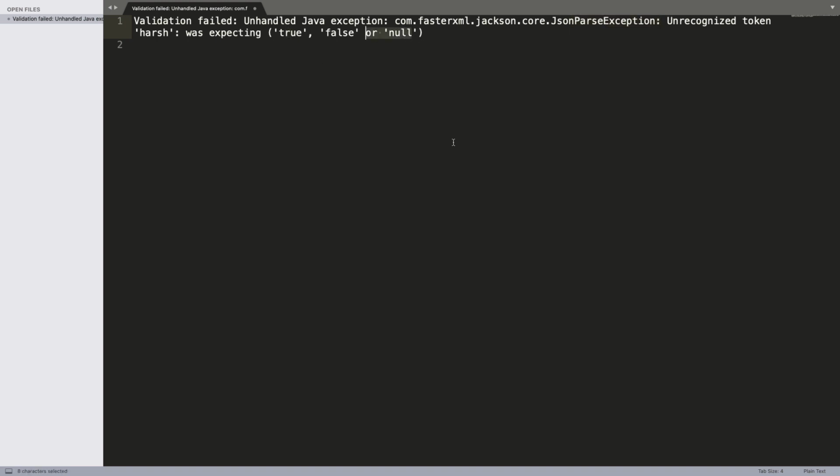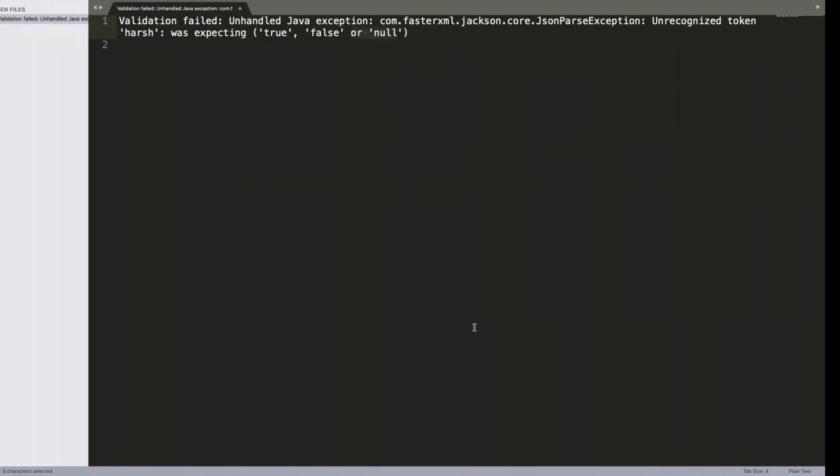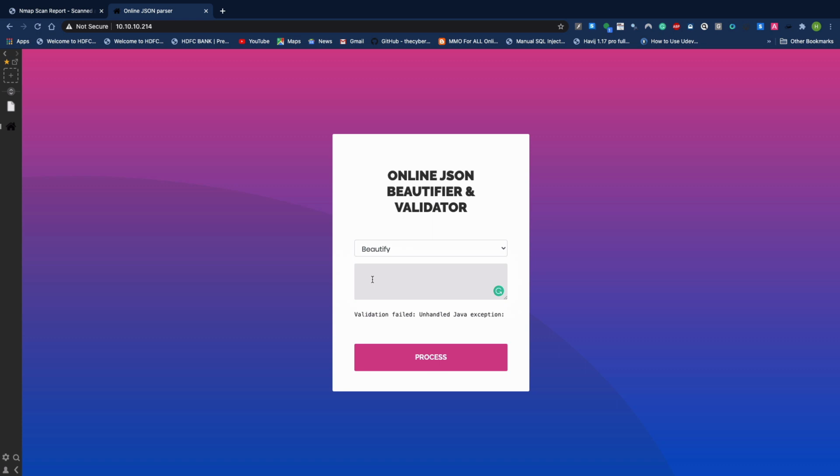It is talking about JSON, so let me validate here and try JSON format. For example, name, and then name Harshad. I'm simply trying, because penetration testing is nothing but trial and error. Process it and let's see what we get after giving a proper input. We are getting the same result, which means it is not accepting JSON. The same result comes if you put a normal string as well as JSON.